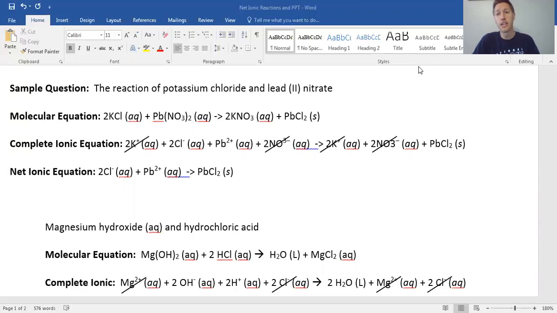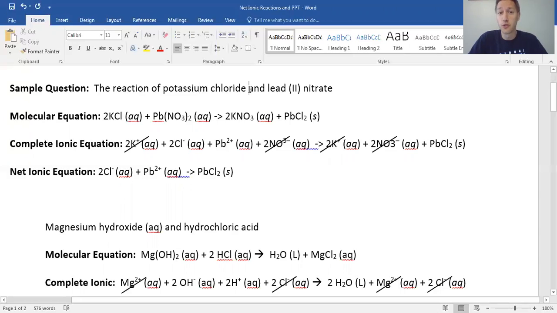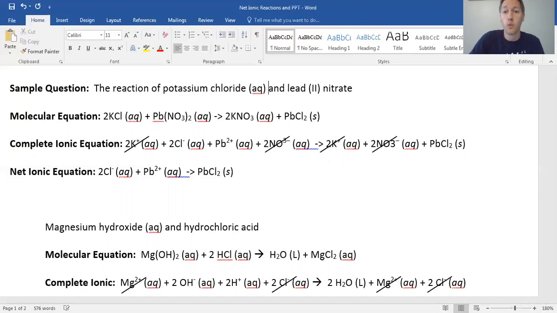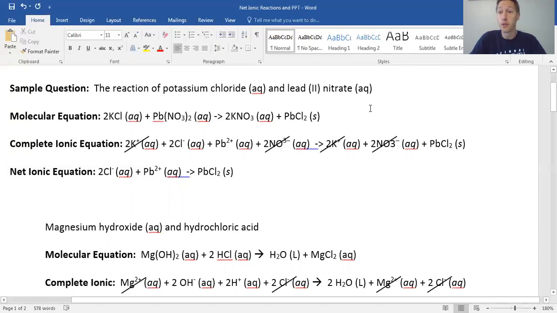So we're going to look at a couple sample questions to talk about this. Let's say we had potassium chloride, an aqueous solution, mixed with a lead nitrate solution. We could write down the molecular equation. The molecular equation is just basically saying, let's write down the chemical formulas for the things we're adding together. So potassium chloride, here's potassium chloride. Lead 2 nitrate, here's lead 2 nitrate. So the molecular equation is we're mixing these guys together, we're putting out their actual chemical formulas,